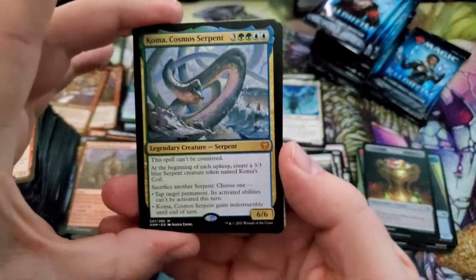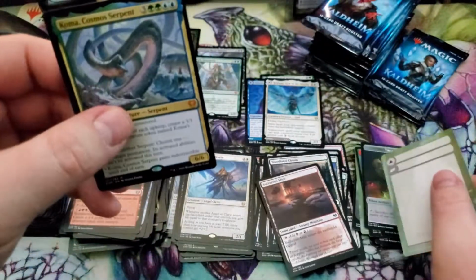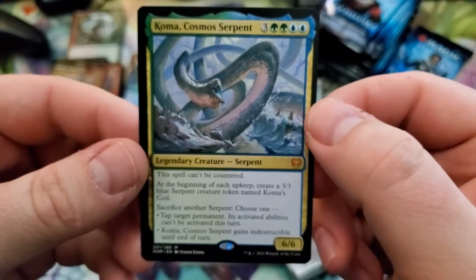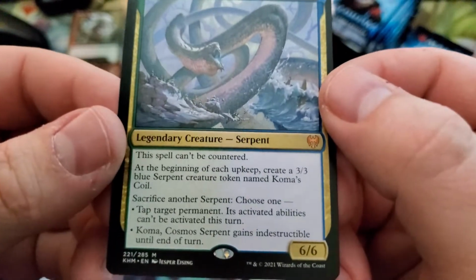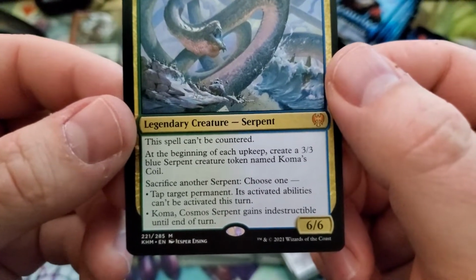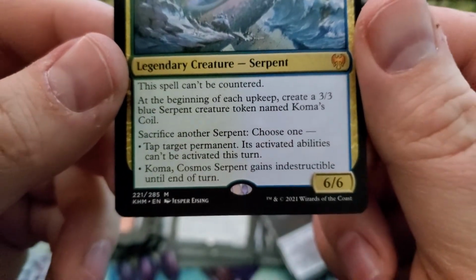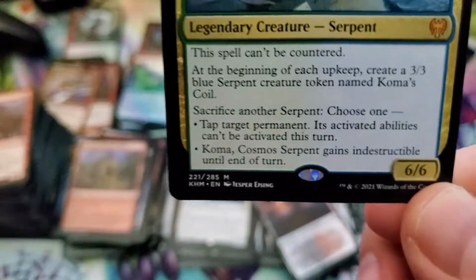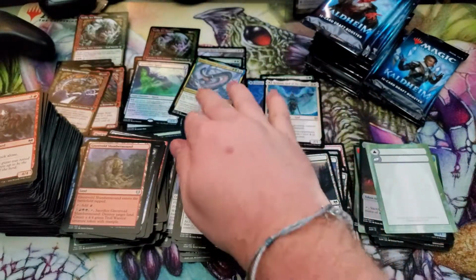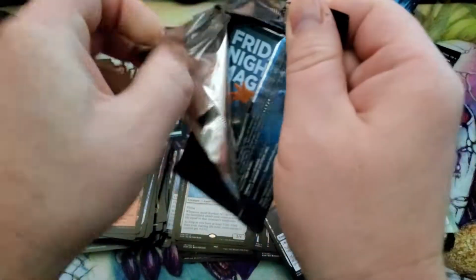Speaking of amazing mythics, Koma, Cosmos Serpent, makes a stand. Wow. I love this guy. Can't be countered. 6/6 for 7 mana. At the beginning of each upkeep, you create a 3/3. And then you can sacrifice one of those 3/3 serpent things for his ability, which is tap target permanent. Its activated abilities can't be activated this turn. And he can give himself indestructible. Just ridiculous. He's more of a commander staple, but I'm really excited to kind of put him into play